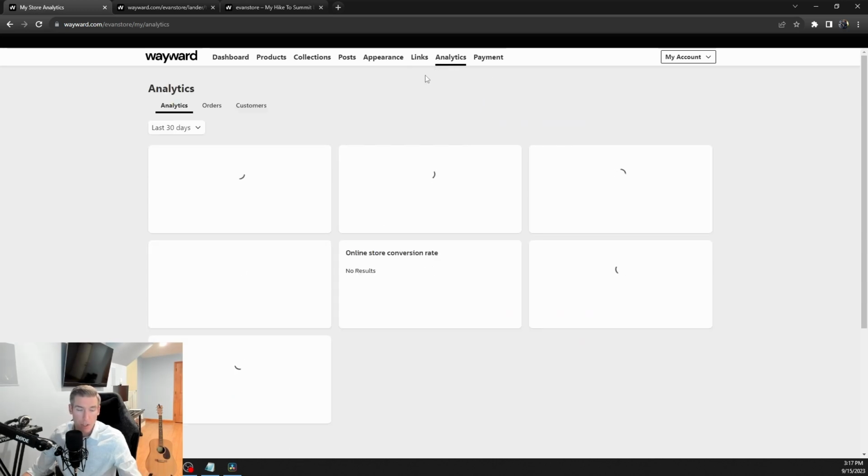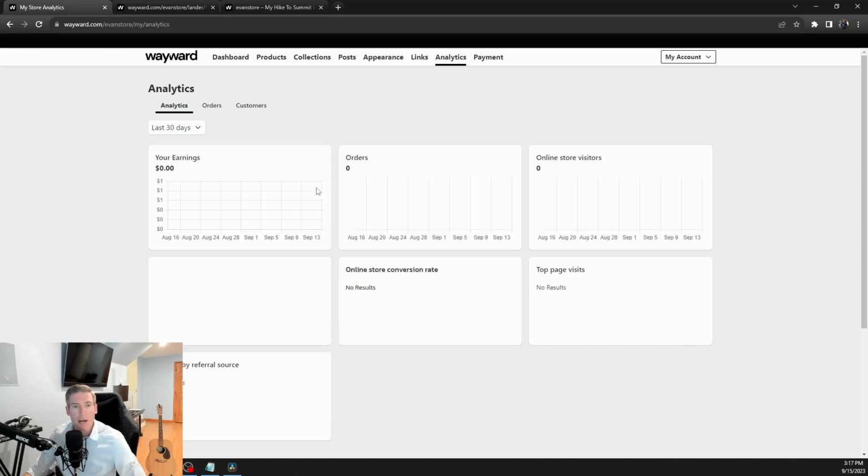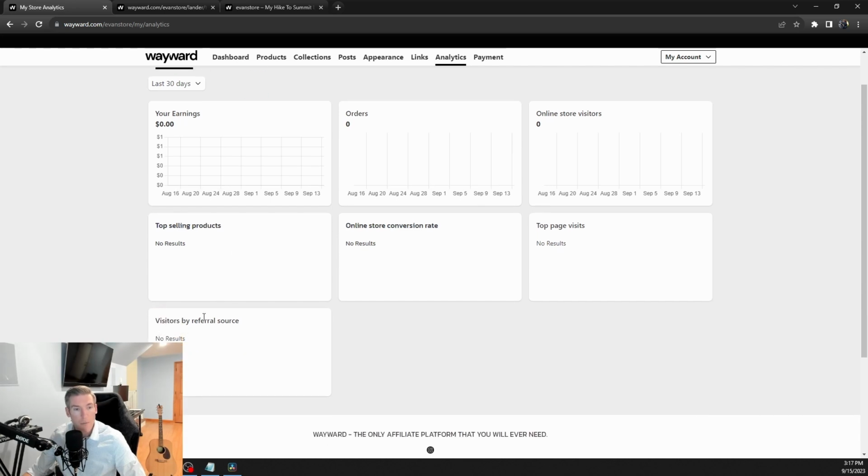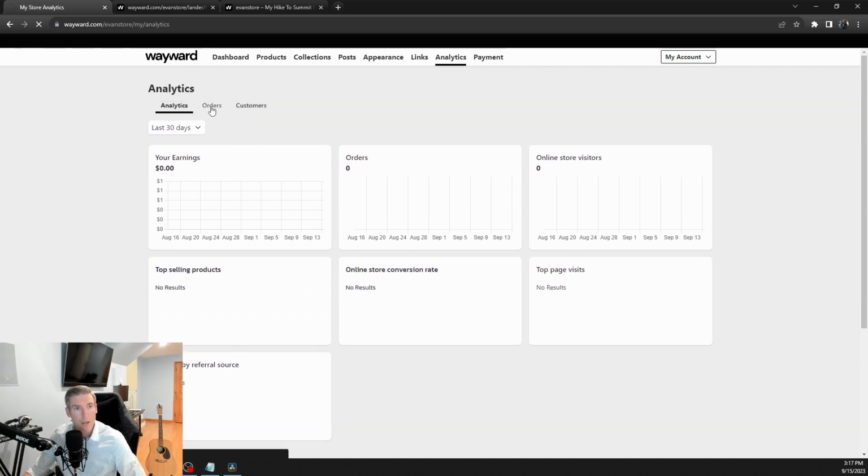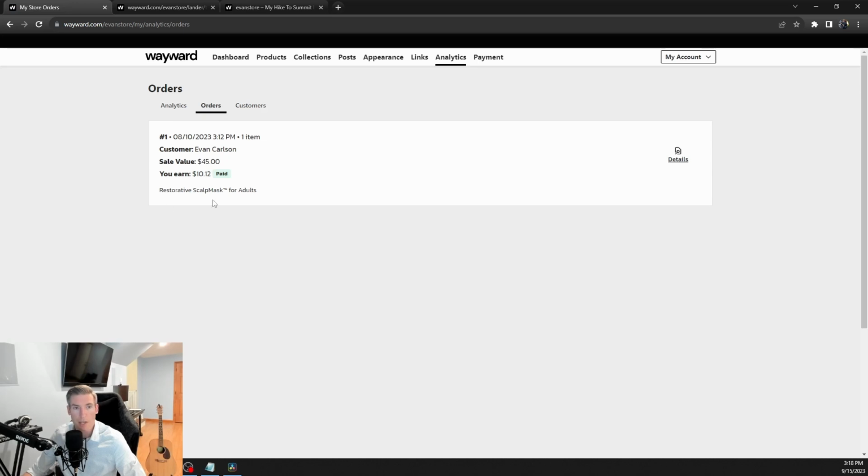Analytics tab, this is really cool. There won't be much on here for me because this is not a real store, but what will happen is it will give you your earnings. You can filter it by different time frames. The orders, the visitors, the top page visits is interesting because then you can see what posts are performing the best. You know, where are people looking? What products are they looking at? You'll get conversion rates, top selling products, which is cool to look at. Referrals, that's nice. Then you have an orders tab here, which will just have a history of all the orders